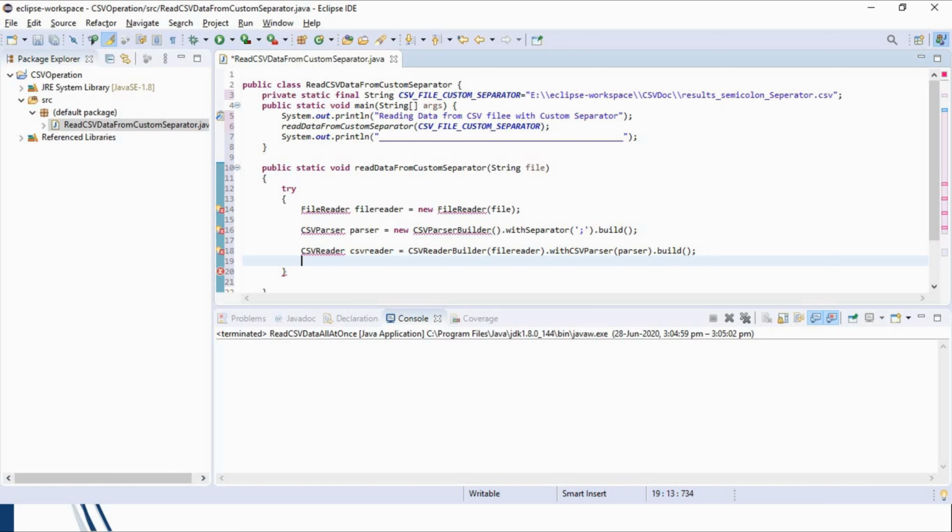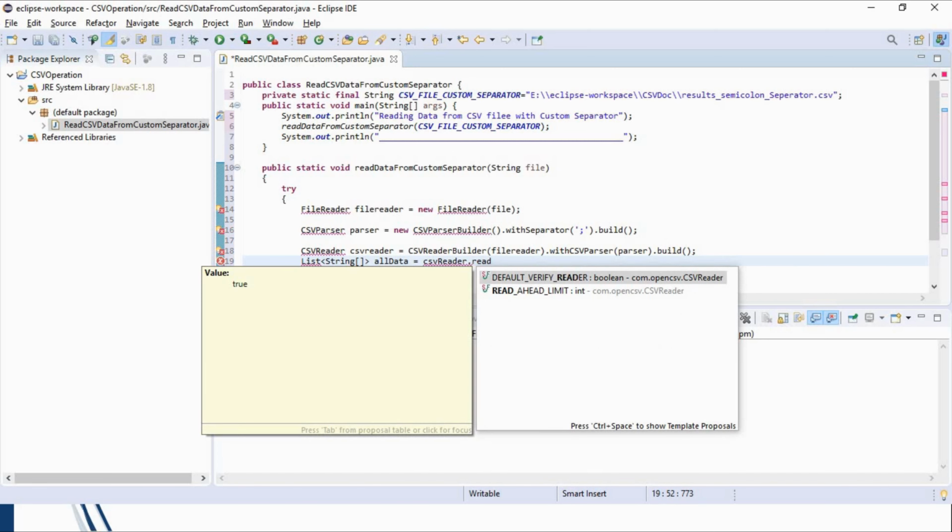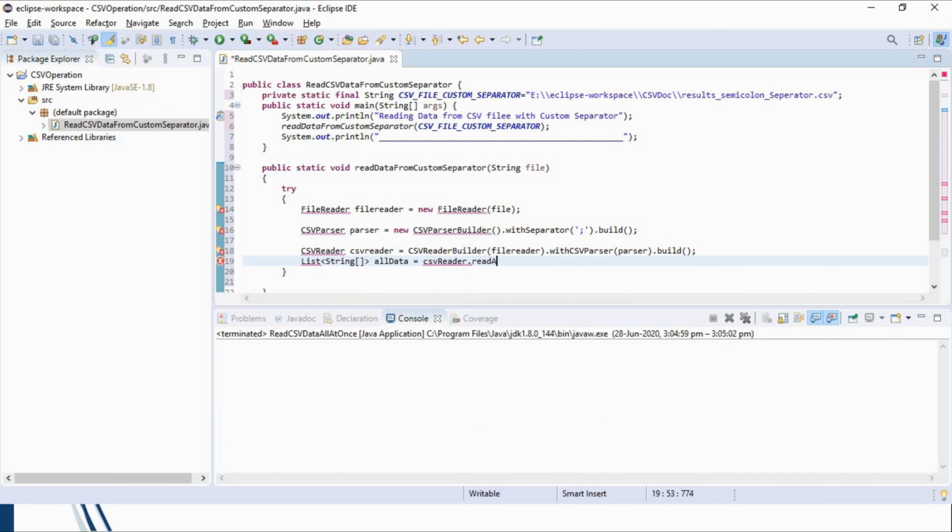And now we will create a list of type string array to read all data at once. And now we will print the data of the list.